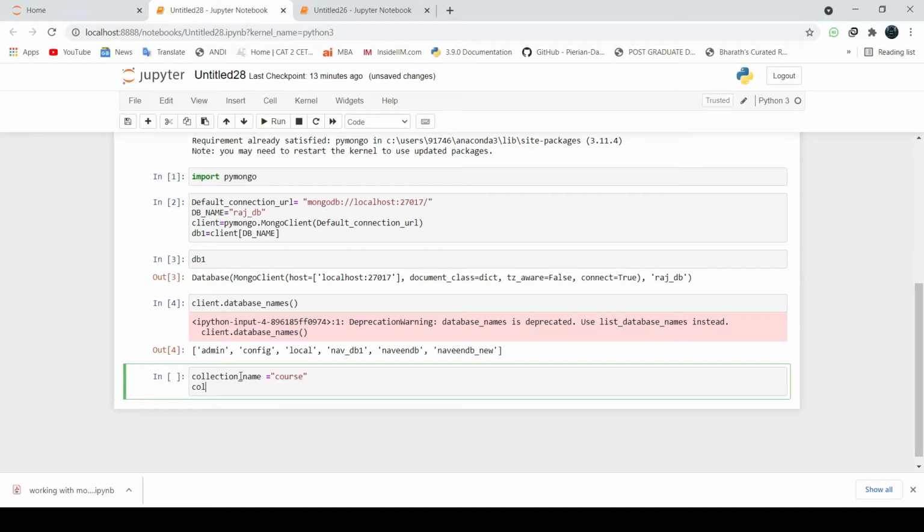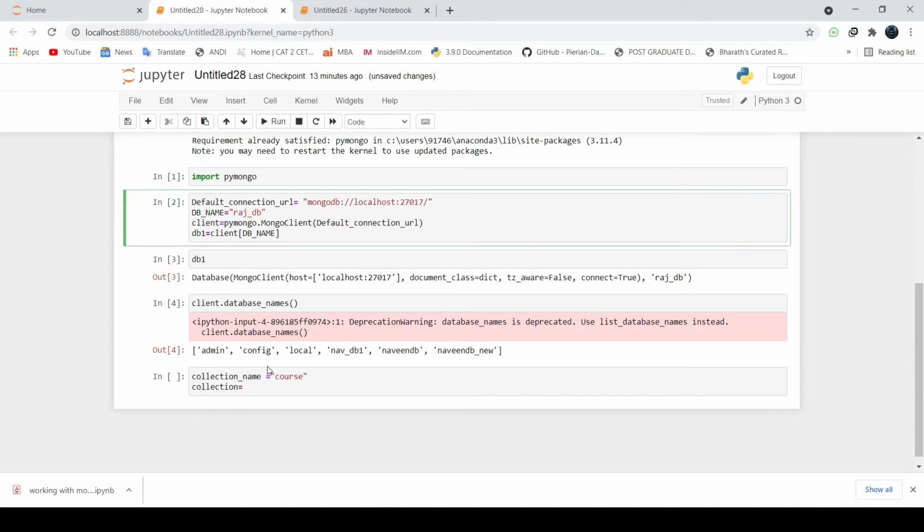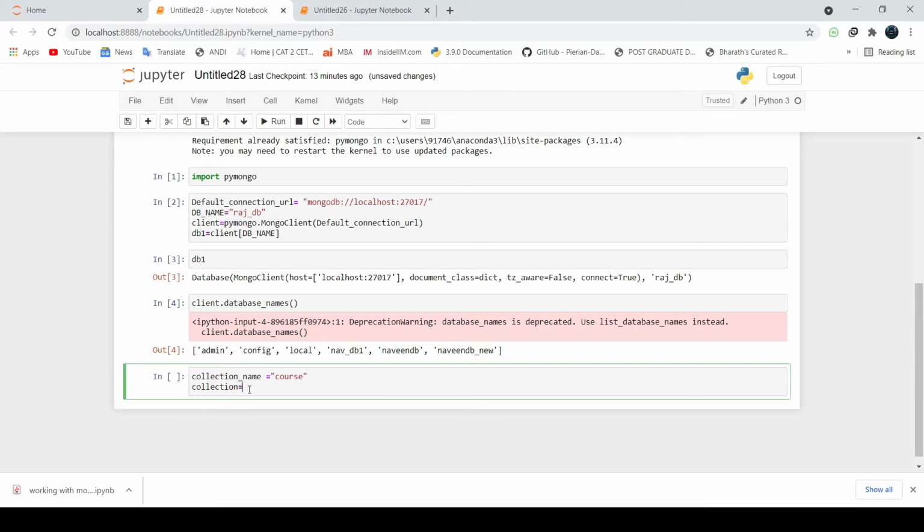Now collection equals. So this is the collection name which you have given. Now you need to insert this collection course into database db1. So for that you will write db1 bracket collection name.